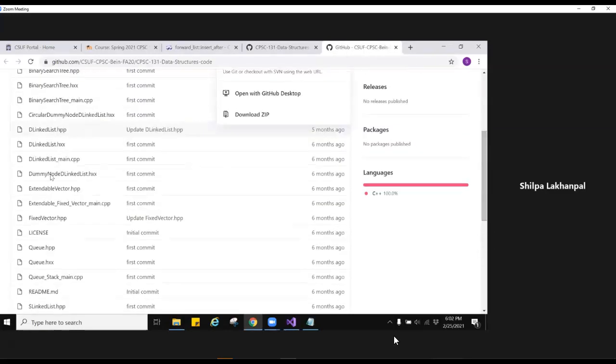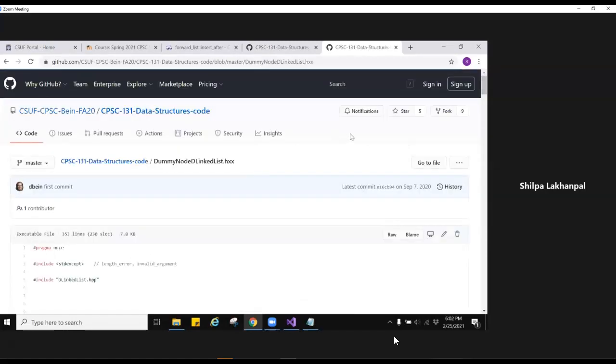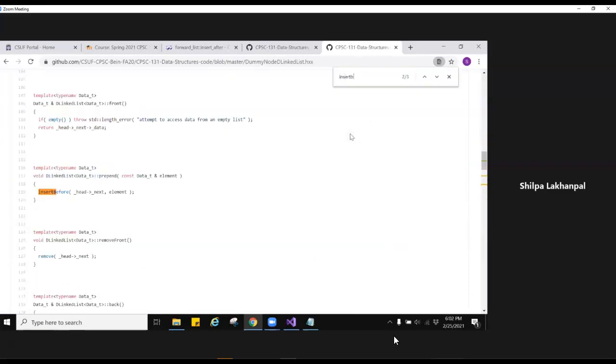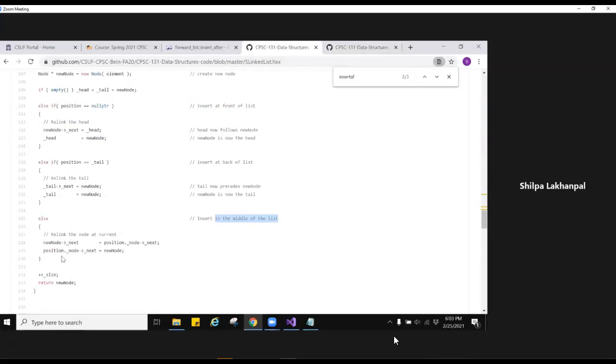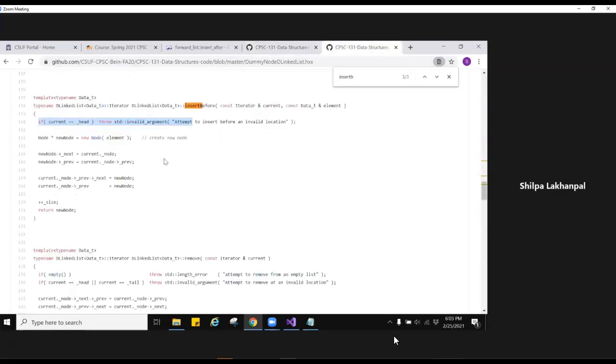So you have a dummy node doubly linked list file, which has no checks really. Currently, just one check if you're trying to insert in an invalid location, but technically look at the four checks over here and no checks over here.